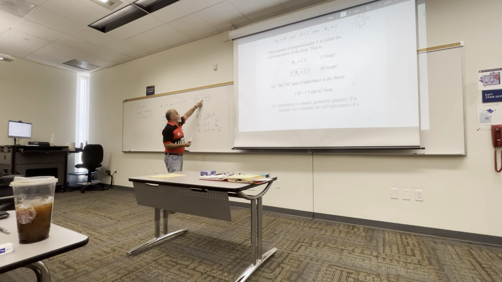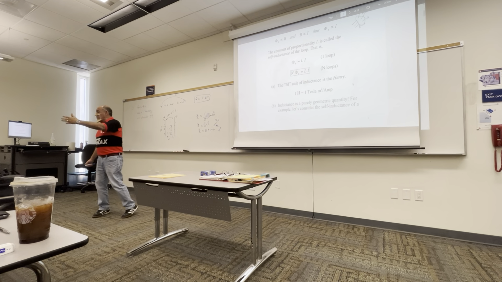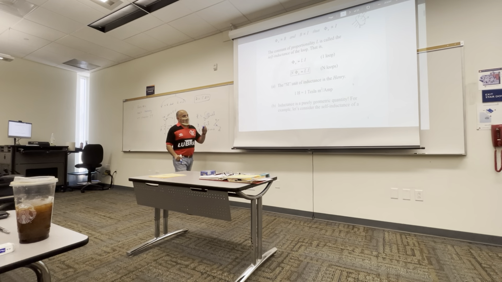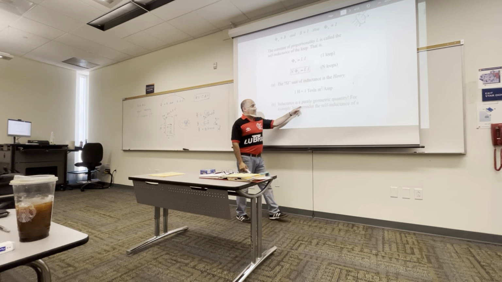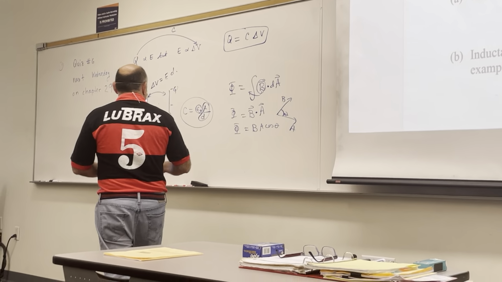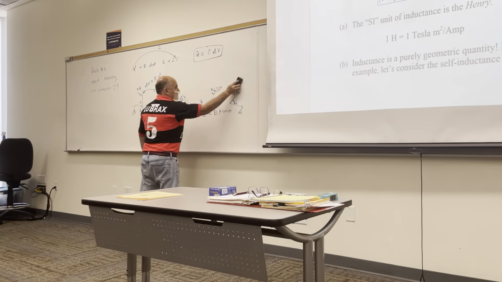And just like capacitance, I argued, is a quantity that just depends on the geometry of the capacitor. For this case of the capacitor, we showed that this is epsilon naught A over D. It depends on the geometry of the capacitor and the electrical properties of the dielectric material between the two conductors. So it's a purely geometrical quantity. Inductance is also a purely geometrical quantity. And just to give you an example, for the capacitance of the capacitor,